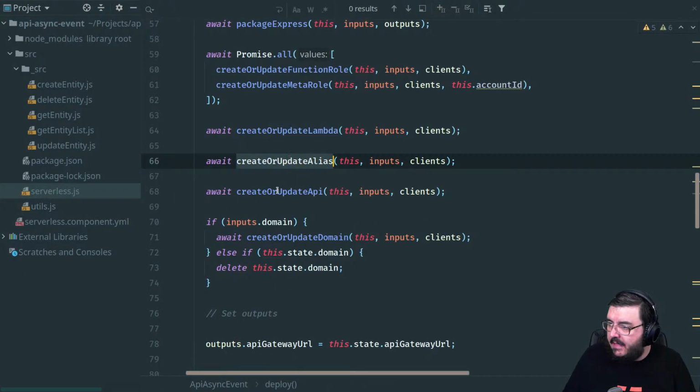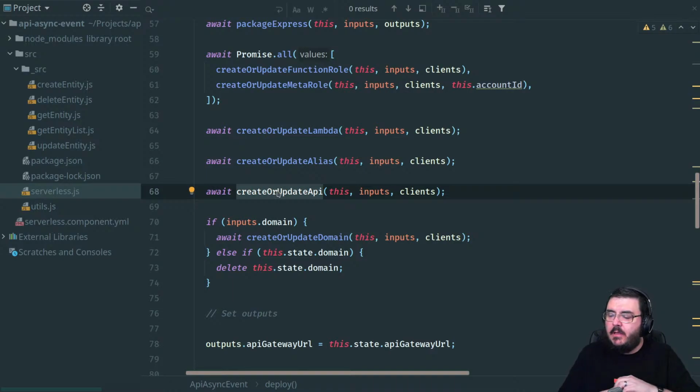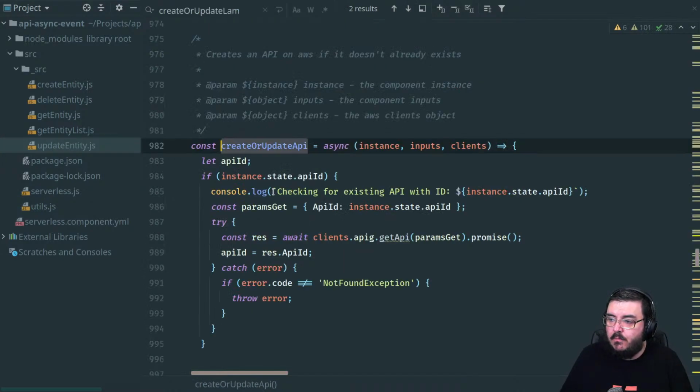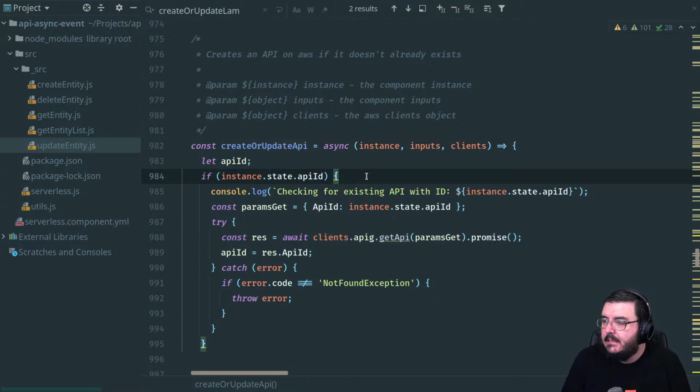We've done that. Now we need to do create update API. And this is potentially going to get a bit more complicated because now we want to create unique API Gateway endpoints for each of our Lambda functions here that we've got in our code. By default, this will only be supporting a default of one that it assumes will be the only one. But we only need one API.